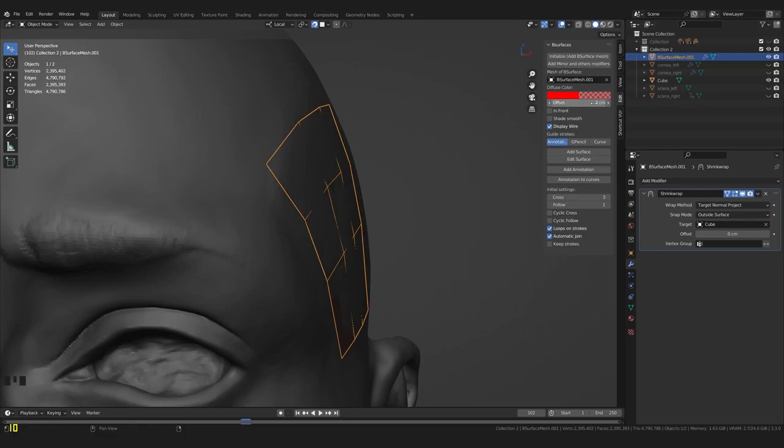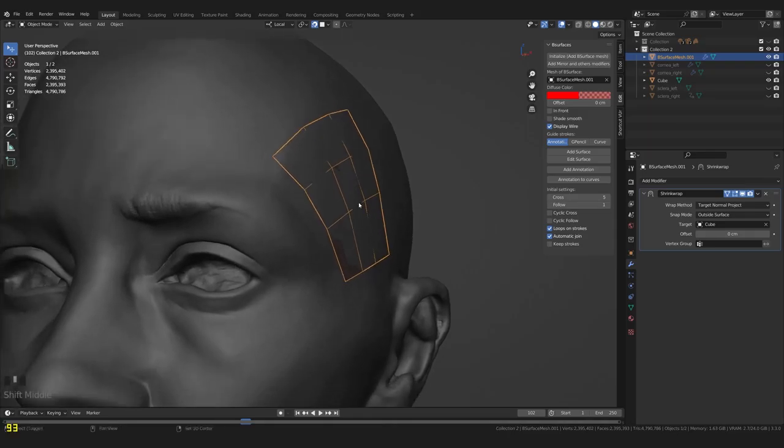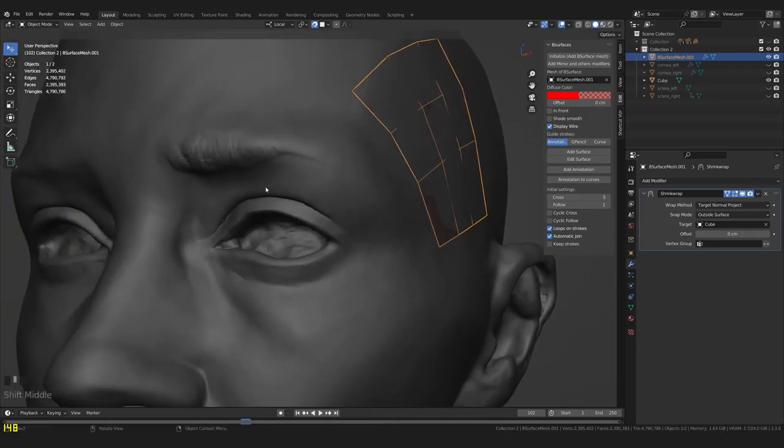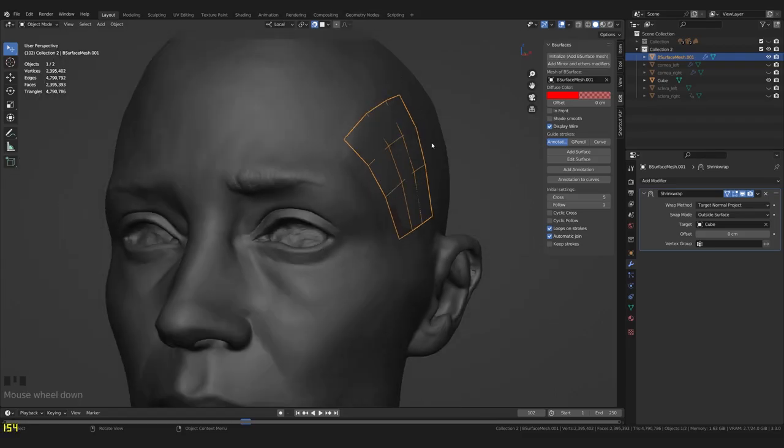And we'll simply worry about this later on, for the simple reason that within Blender, this offset value is a global value applied on the object through the shrink wrap modifier after the fact. So it's actually not possible for me to have, let's say, a different offset value for the polygons that would be around the eyes as compared to the offset value that I would have elsewhere, let's say for the polygons